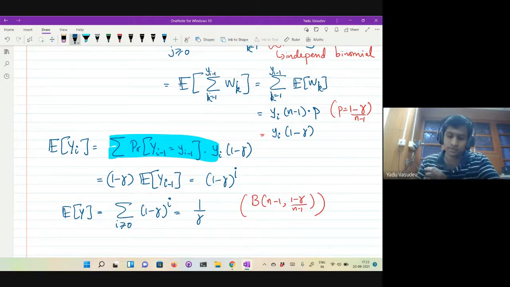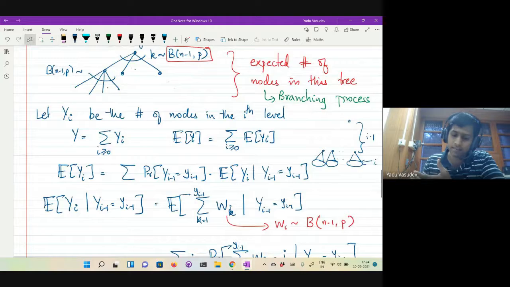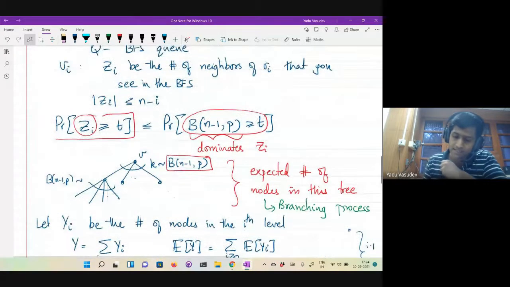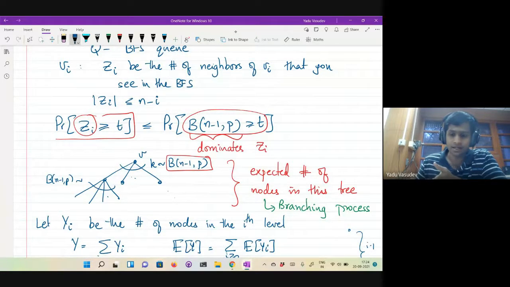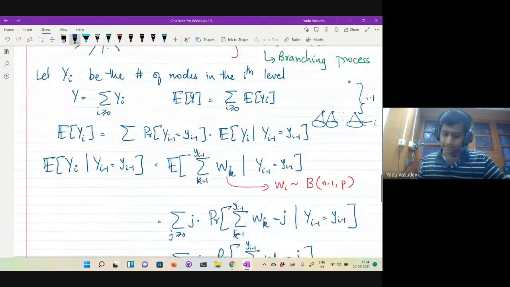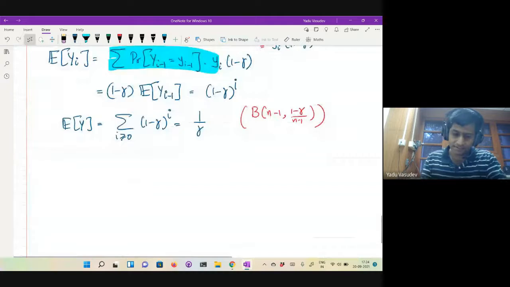So therefore, in our case, for the binomial distribution, we already saw the actual number of neighbors that a node can have is this Zi. The probability that Zi is greater than or equal to p is bounded by this quantity here. So let's see how that is going to help us. What are we interested in finally? We are interested in the size of the